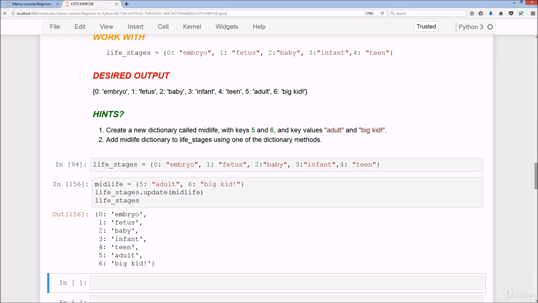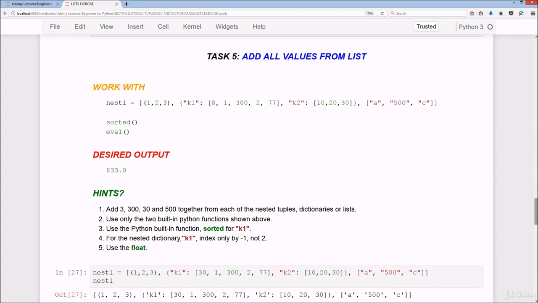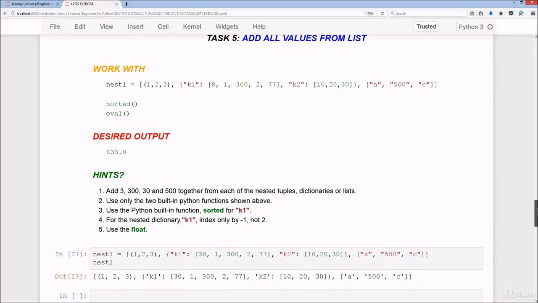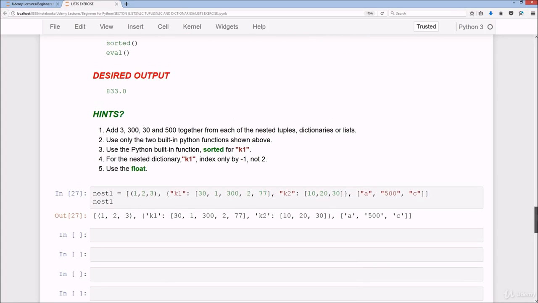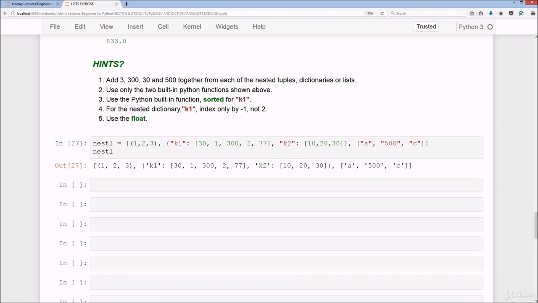Right, so moving on to our next task, add all values from list. It's a little bit more tricky. I'm going to be using the sorted and the eval. I want the desired output of a float, which is 833.0. Okay, so what we have to do here is nest one, and we're going to index this list by 0,